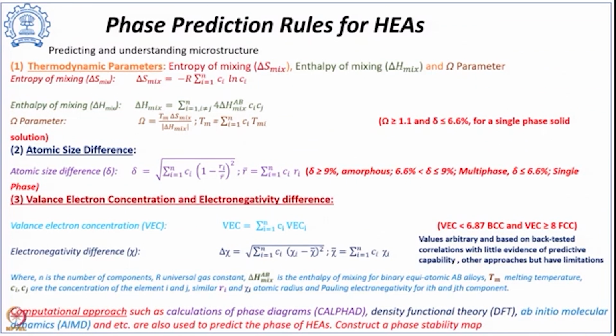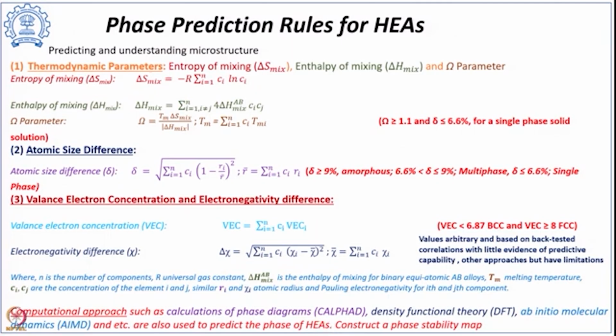Now, predicting and understanding the microstructure of these high entropy alloys is very important, and for that the phase stability of these alloys is considered. It is calculated using different approaches, like the computational approach where phase diagrams are calculated using software such as CALPHAD, either using density functional theory or ab initio molecular dynamics studies, and then all these are used to predict the phases present in HEA. So, the approach that lies is